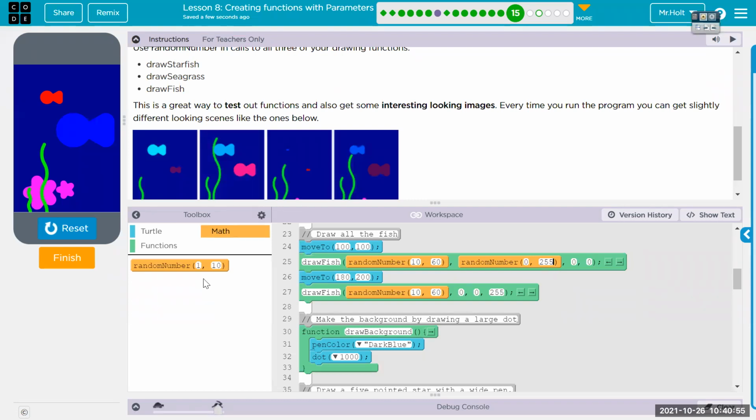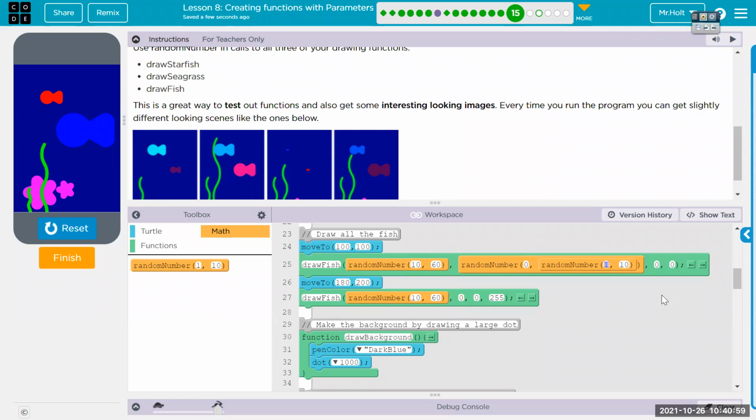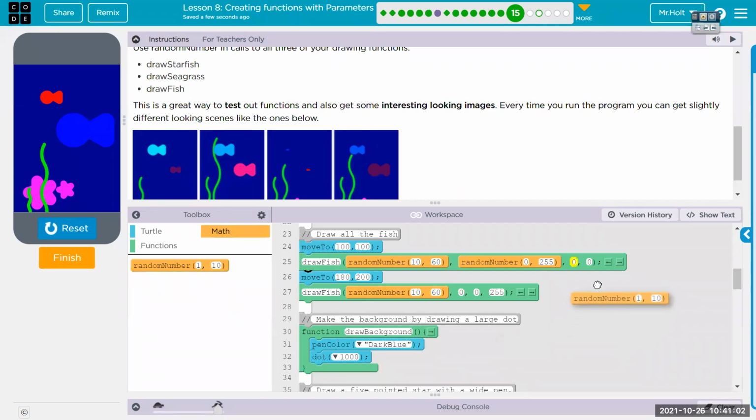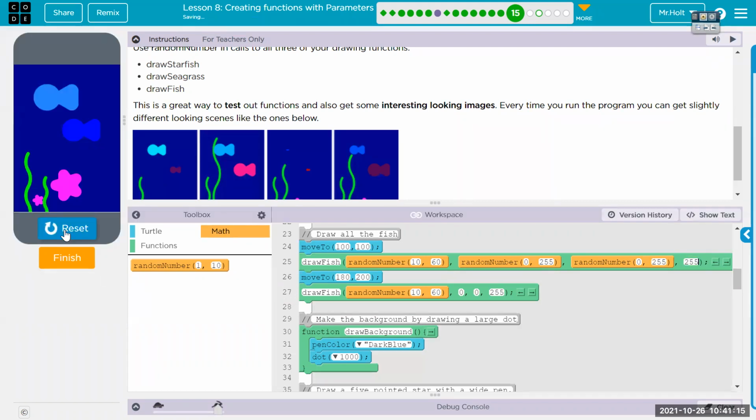The green needs to be between, and this will give us a purely random color. Nope, not there. There. Pay attention to where you're doing it. You could choose a random color in a certain range, like give it the maximum blue and then a random amount of red and green, which will keep it in the blue family. But we want a full random